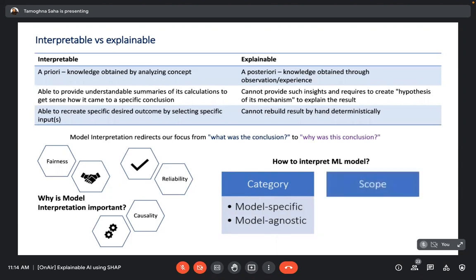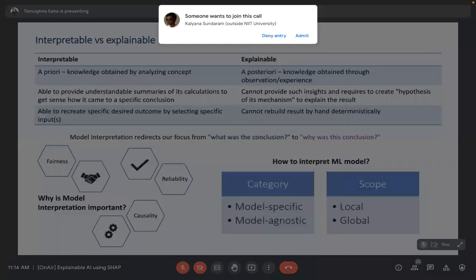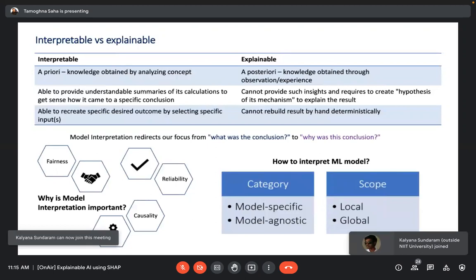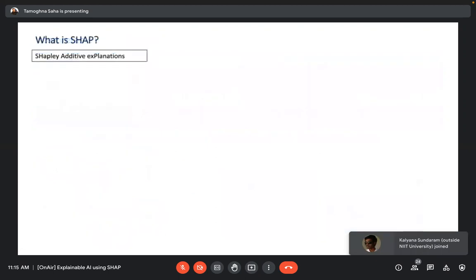And then the other one would be in terms of the scope. So is it going to be a local scope or global scope? Local as in each individual record we are able to explain, or global, like on an average for all the possible values that you have, can you explain the impact of the independent features on the outcome of the model? So mainly this is what the entire paradigm of explainable AI is.